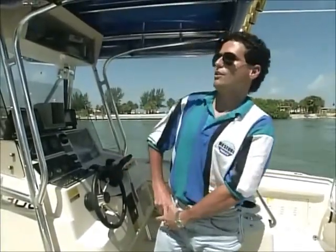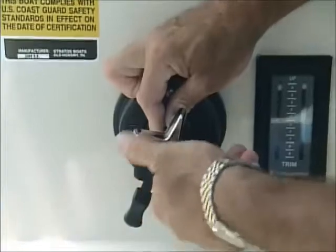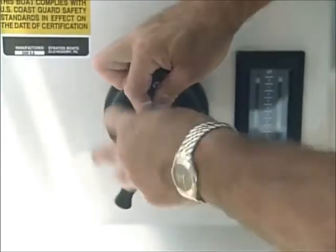We're going to take off this 15-inch destroyer wheel and replace it with a 3-inch faucet handle that comes out of any ordinary house. And we're going to replace it on the steering system, steer the boat, and show you how easy it is to steer. The standard destroyer-type wheel is off, and we're putting the faucet handle from a bathroom sink in its